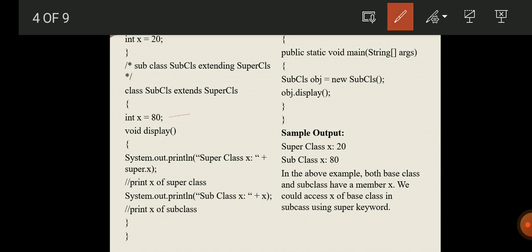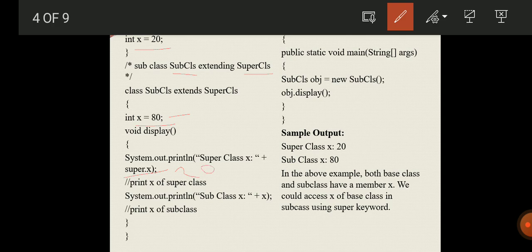In superclass we are assigning x is equal to 20, and in subclass we are assigning x is equal to 80. Now the void display method is used in the subclass. In that we are printing the value super.x. Super.x indicates the superclass x value, so the value will be 20.